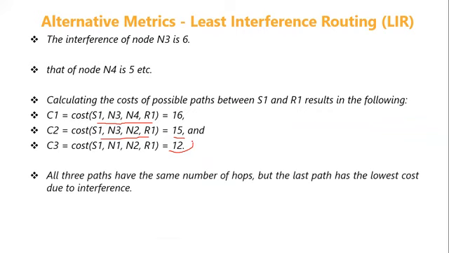So out of the 3 possible paths, now you take the one with the least cost. The one with the least cost is this particular path. So hence this is the path with least interference. So this path is preferred for ad hoc routing. Similarly, we can work out for